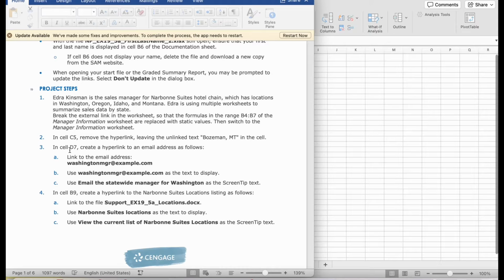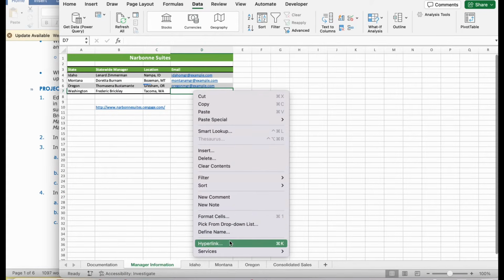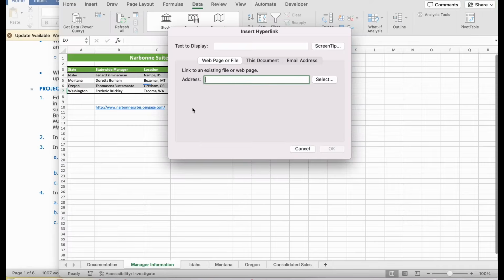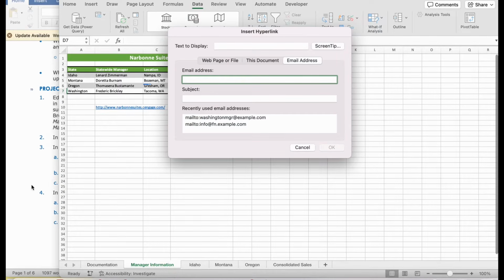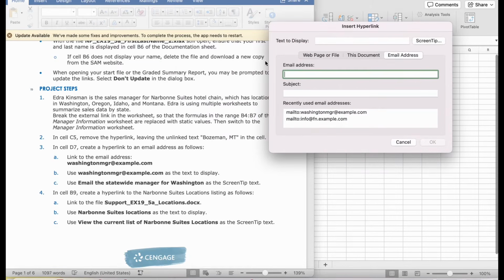Step 3. In cell D7, create a hyperlink to an email address as follows. A. Link the email to the email address Washingtonmgr@example.com. Okay, so we're going to go to D7 right here. You're going to right click. You're going to click hyperlink. Then we're going to go to email address. And you're going to type, you can copy or type in